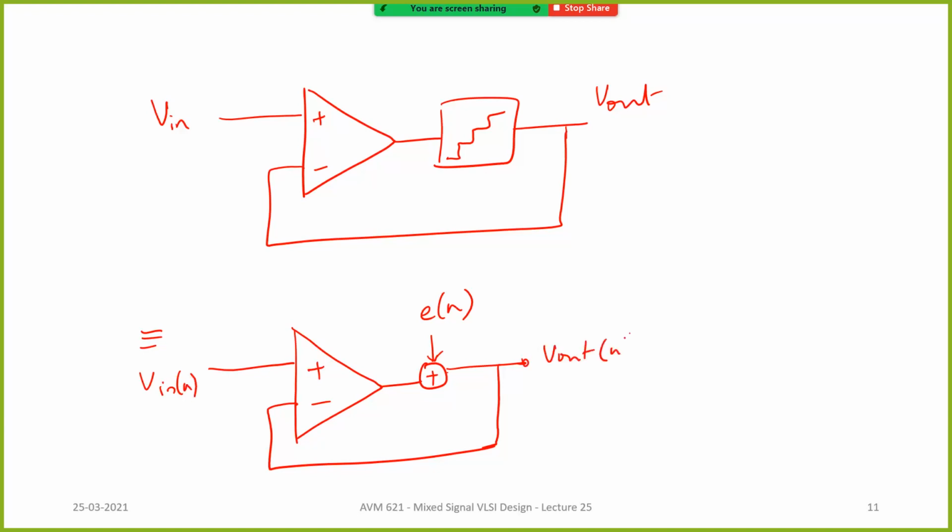Okay, but we also know that this is not exactly the case, because when you talk about quantization, there is always a clock involved, and you can get the quantized output only after one clock delay, right? It's not an analog circuit. You will get this only after one clock cycle delay, correct? So what we will do is we will add a Z inverse here. I mean you can add the Z inverse there also. That's fine, right? So all we are saying is the comparison is going to happen after one clock delay. Okay, so now that this has become a